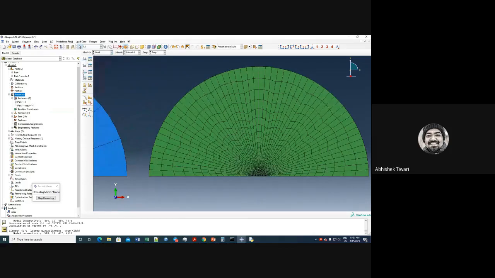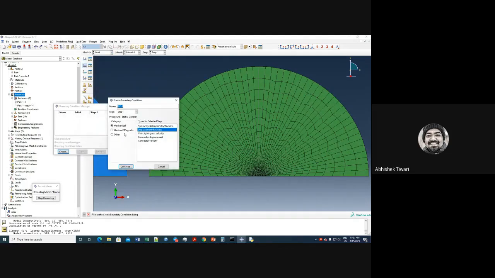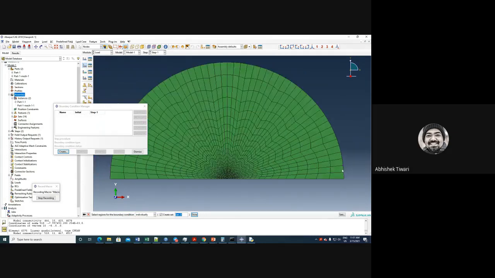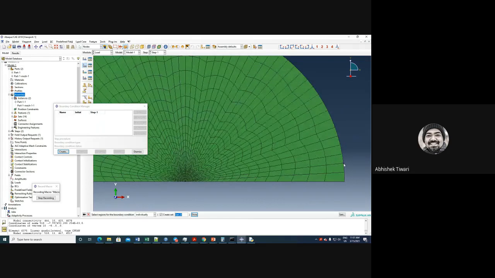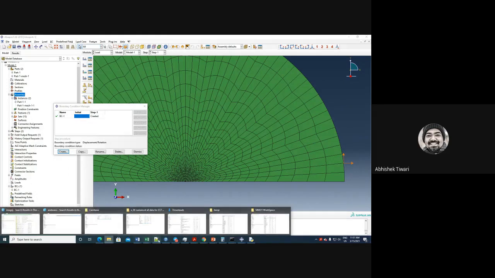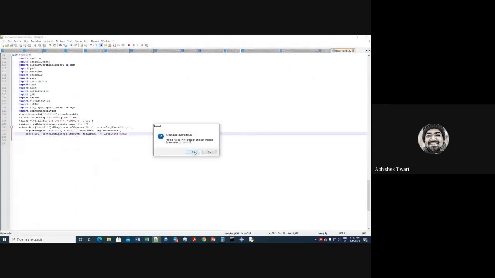So we are still recording. So let us apply a boundary condition, displacement, and select mesh here, and then select any of these nodes. So this node number is 415, 416. So I believe in the code it will be written 416, 417. So U1, U2, we are applying 1 to 1, and here 232. Okay, stop recording. Let us see in the macros what has happened.